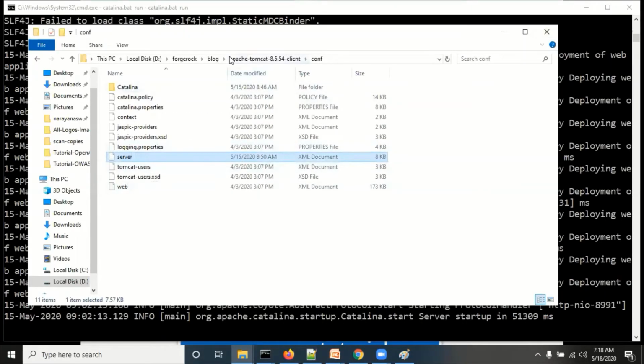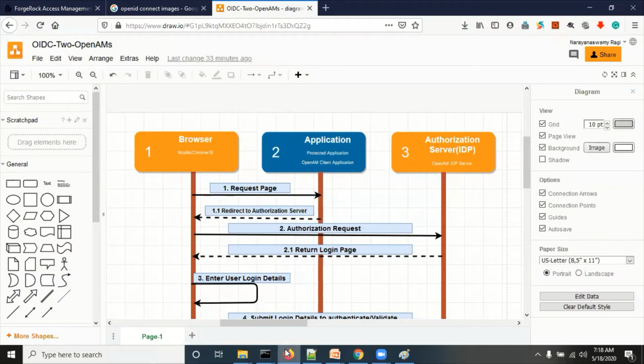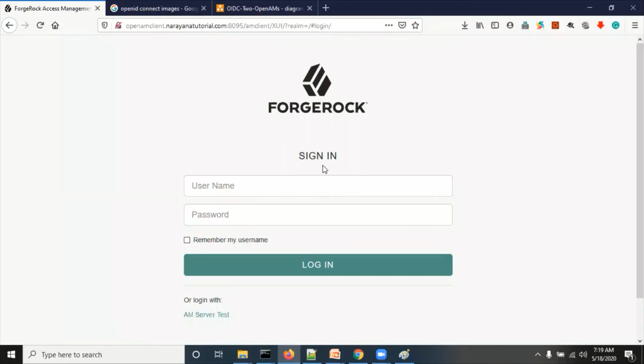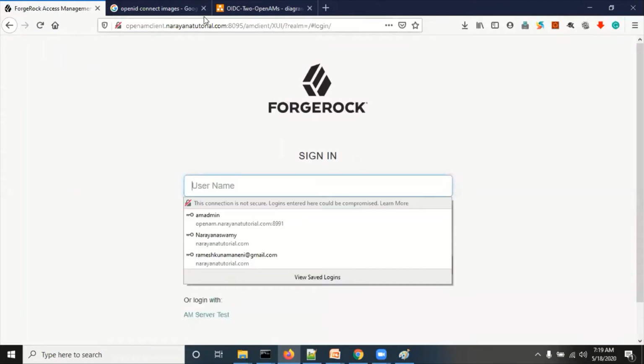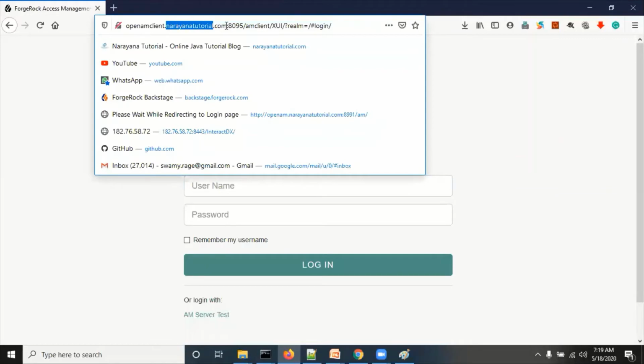Like this, you need to configure two Tomcats, deploy the two OpenAMs, and install them with the default installation. Here you can see this is my client application, amclient.narayantutorial.com.